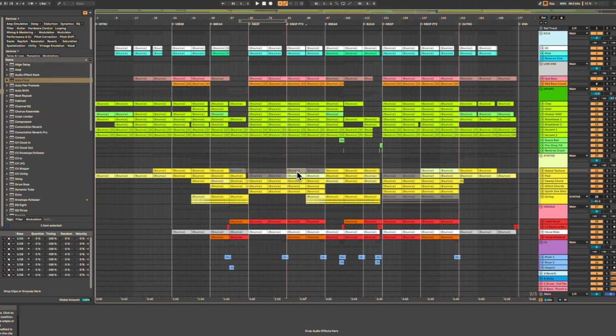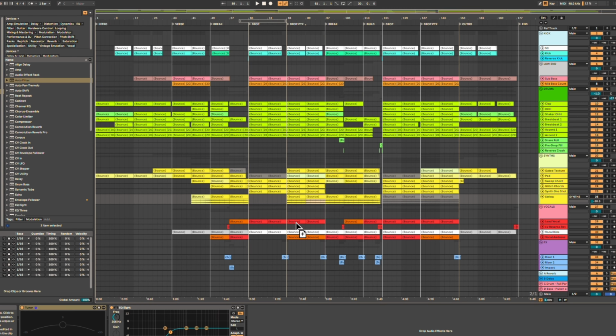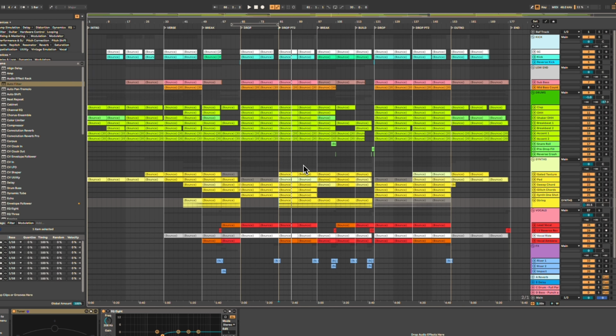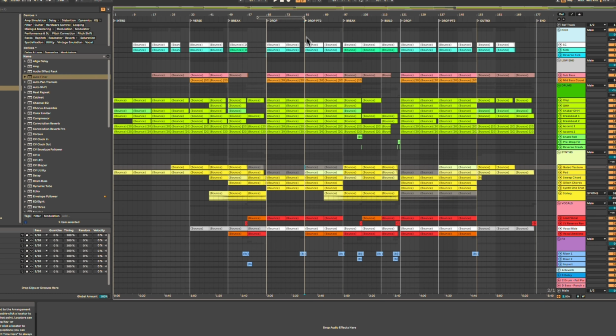So I'm going to reintroduce a few elements here in the drop. I might even add the string back in, like so. So already, our drop is looking really full. And I'm going to play it with all these extra elements in it. I'm going to turn off the vocal. It's already super busy. If we go back to how it was before and we play it without the vocal,